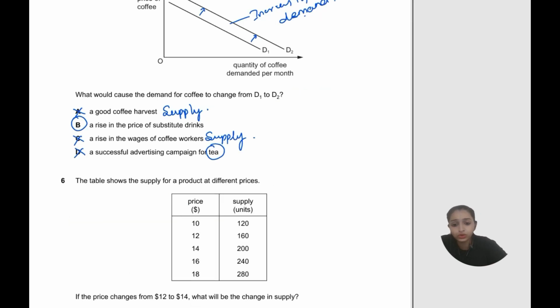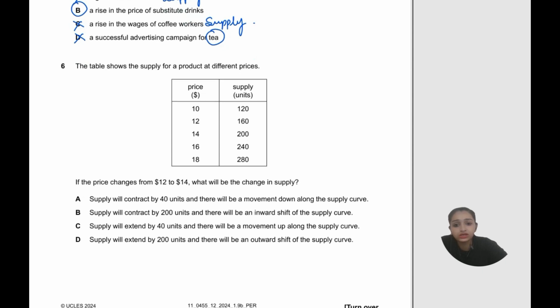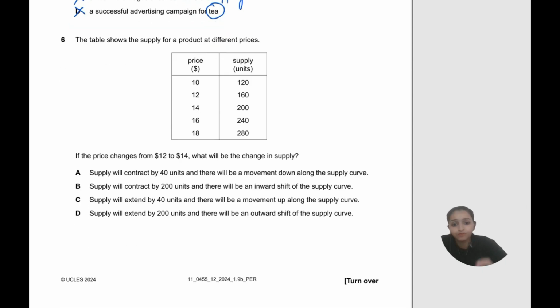Next, moving on to the sixth question. The table shows the supply for a product at different prices. We don't have to look at the table directly. Always save time when you're attempting an MCQ paper by first reading what is required and then looking at such big data. Always remember, we have noticed in the past, whenever they are giving any question paper of MCQs,